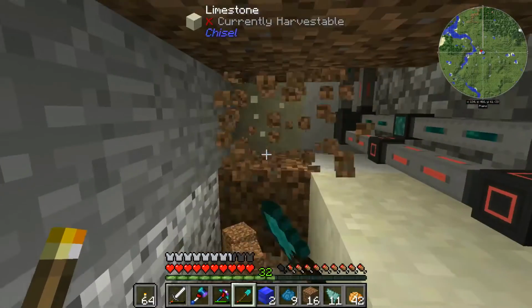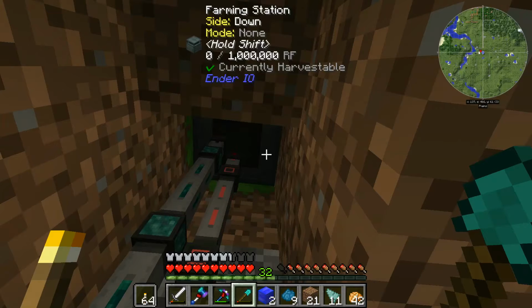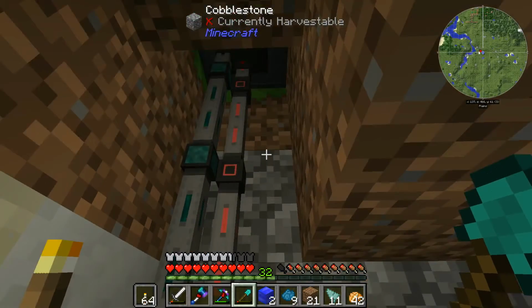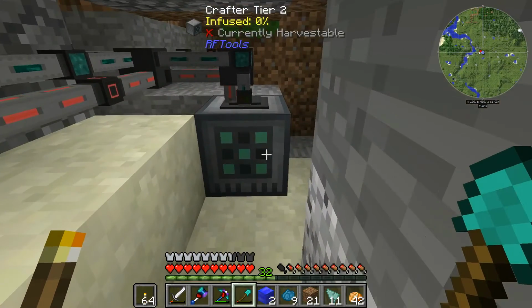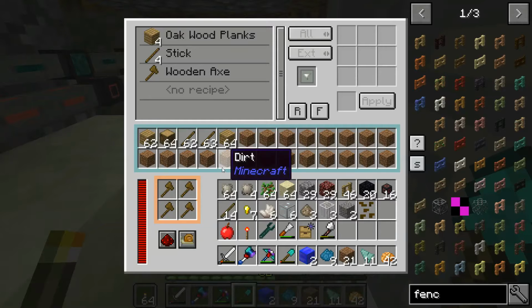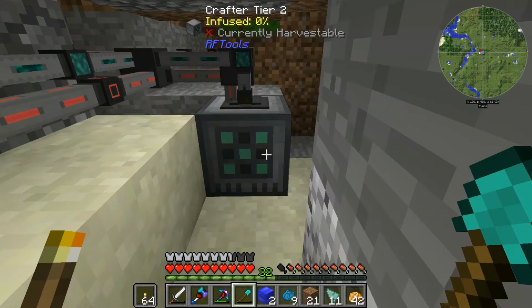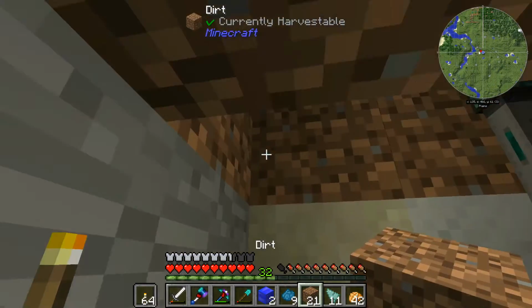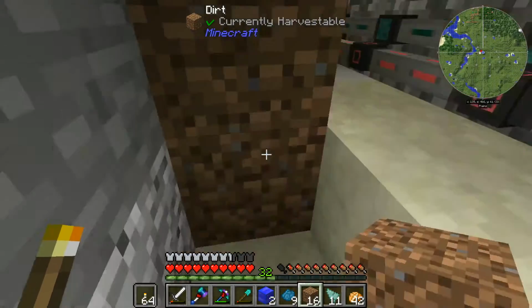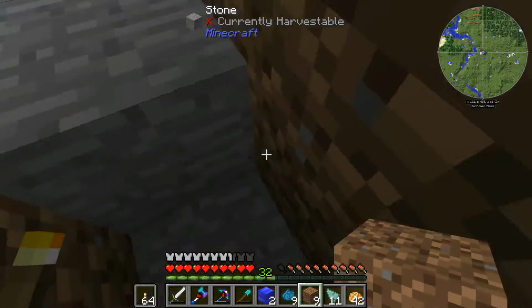I read up on the tree farm. The tree farm uses about an average of like 200 RF from Ender IO, I believe it is. It's a lot. And this thing right here, oh my goodness, it's cranking out at least 100 RF. Because if we open the manual on it, see, it uses 100 RF for every crafting cycle. That's a lot of RF that this thing is chewing up. So since I have so much wood right now, I have just decided to stop using it for a while,